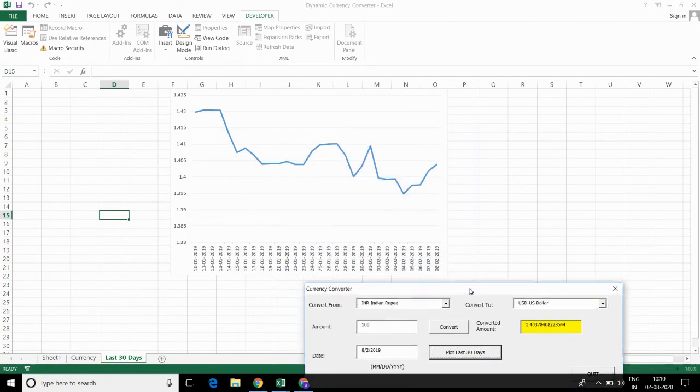And this is the plot for the currency conversion for the last 30 days. So we have successfully designed the currency converter. Thank you.